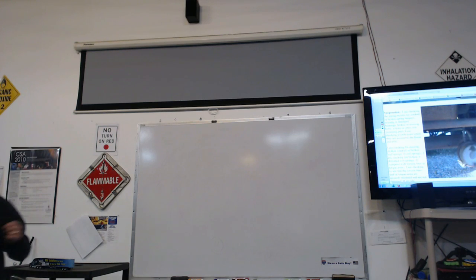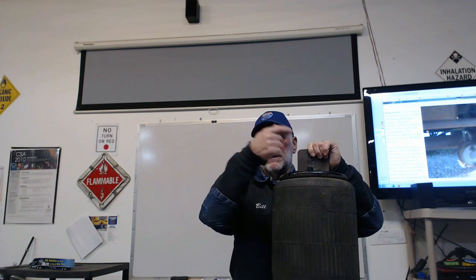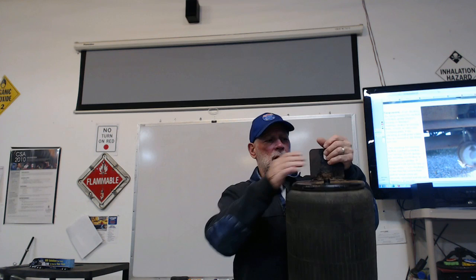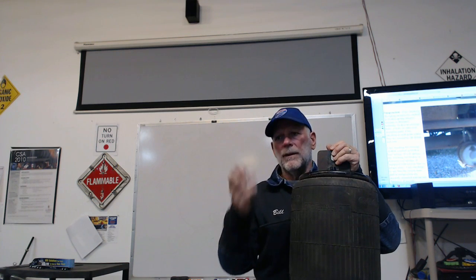This is your airbag. And you have to identify two things if you've got air ride suspension. The airbag is not damaged or leaking. And then the mounts. So there's the top mount, this is the bottom mount for the airbag. And you can see how it bolts into something. Right? And this bolts in on top. There you go. So if the nuts and bolts that are holding this thing are loose, well, that's a problem,